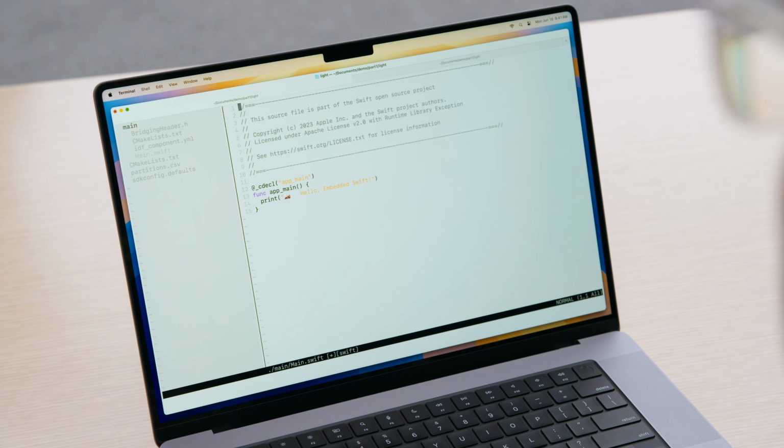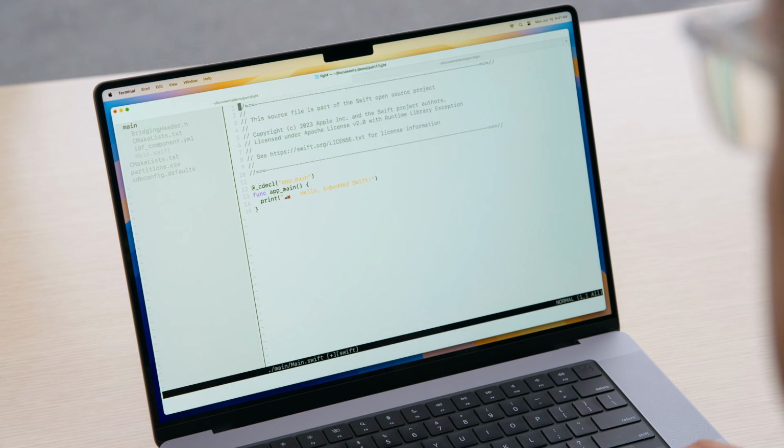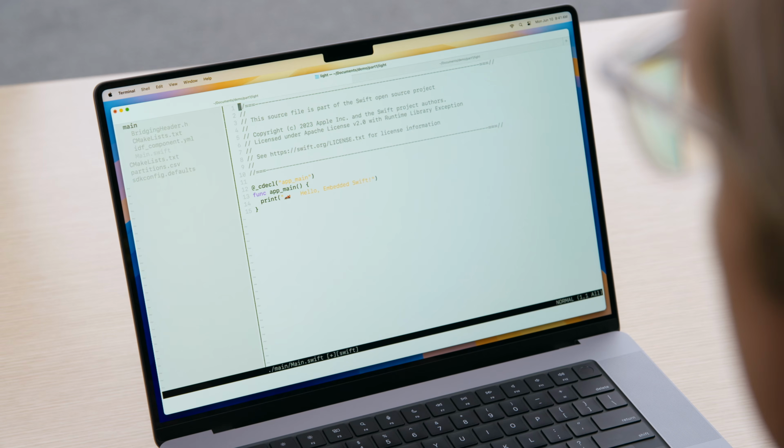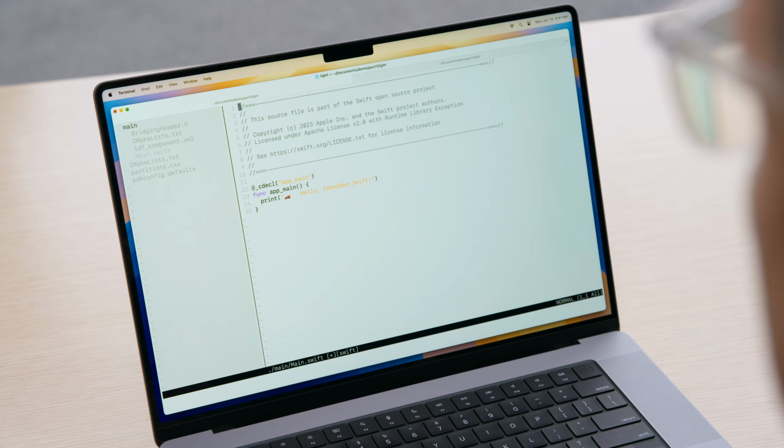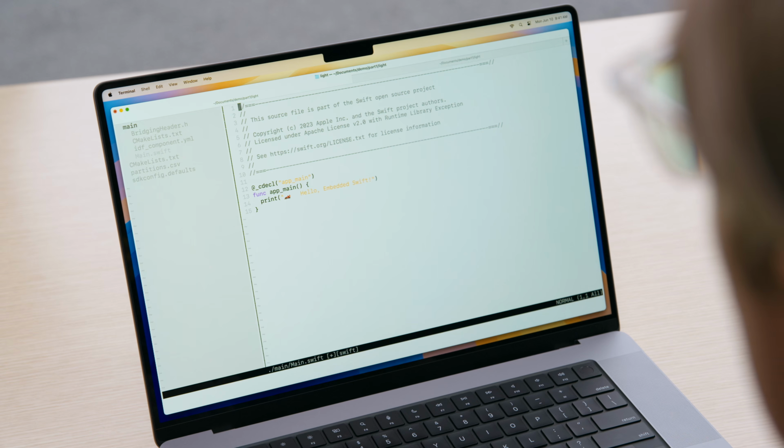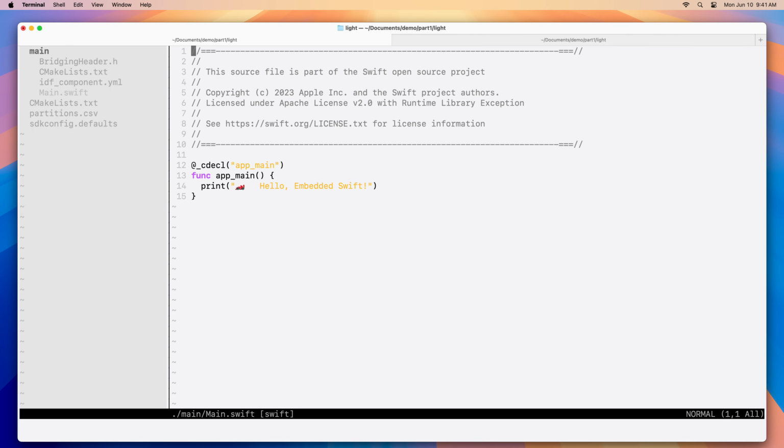Let's get started. I'm using NeoVim and CMake, and right now, this is just a template project to show the very basics and to get our Embedded Swift code up and running. The project is using a third-party SDK, which I got from my device vendor. It's an SDK written in C. And because I don't want to modify that SDK, I can simply use a bridging header to import all the SDK's APIs into Swift.